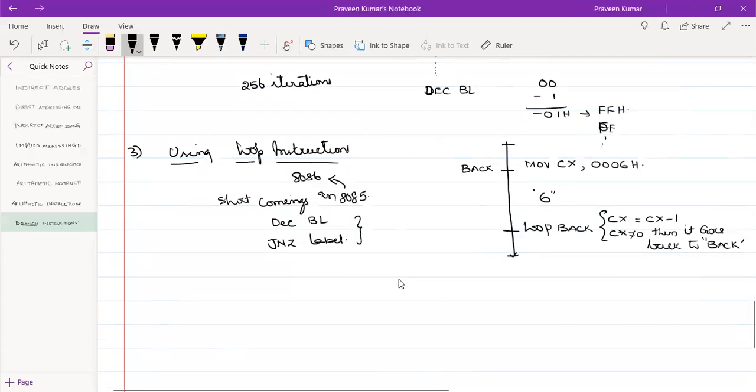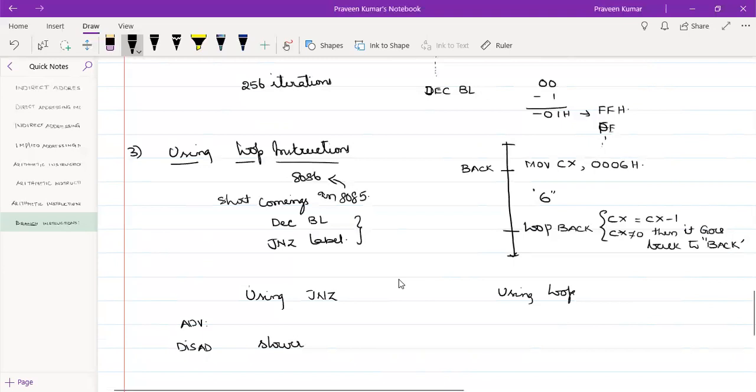So which is better? What is the advantage of using JNZ, and what is the advantage of using LOOP? Using JNZ, the program will be slower because 2 instructions have to be executed.